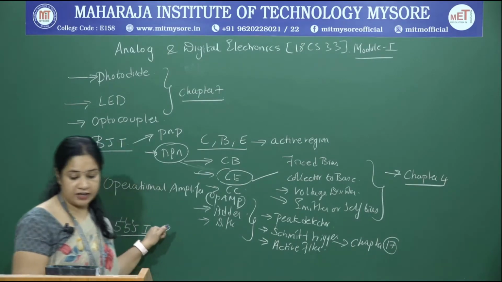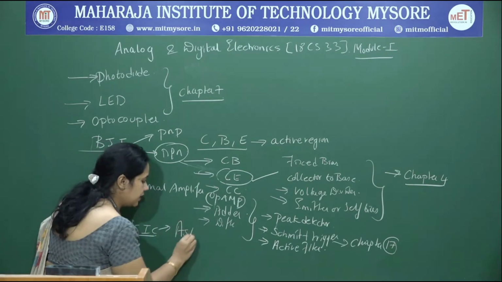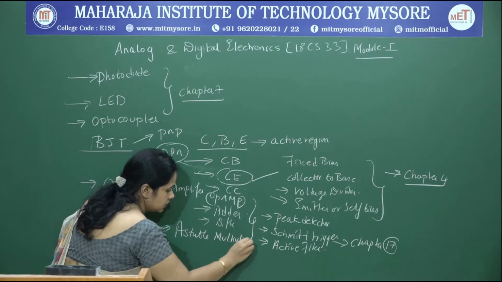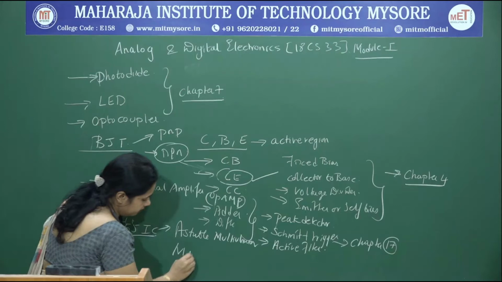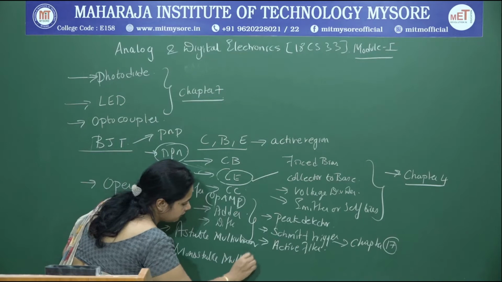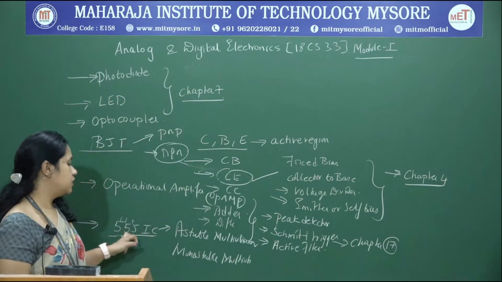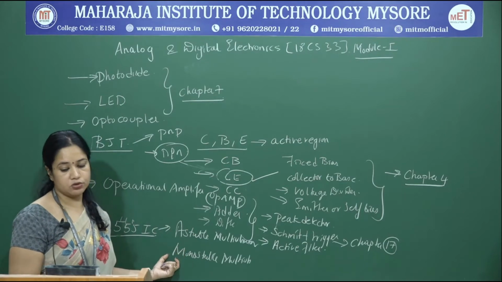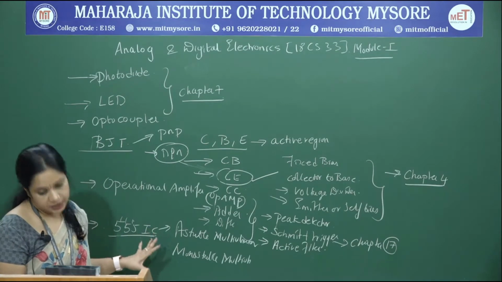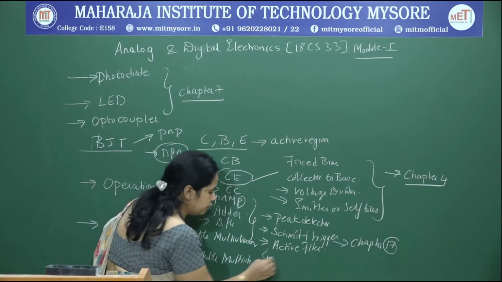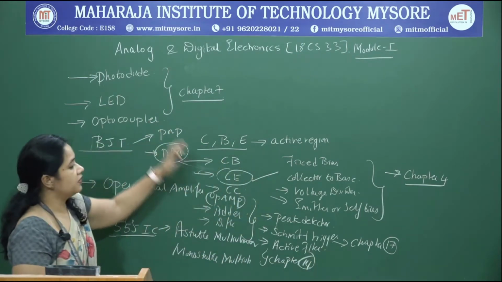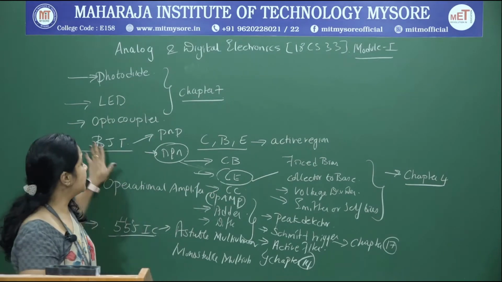So how to use the 555 timer to realize an astable multivibrator and a monostable multivibrator. We will see what is inside a 555 timer, why we call it a 555 timer, and how to rig up a 555 timer as an astable multivibrator and a monostable multivibrator. We will look in detail, and these topics have been picked up from chapter 13 of your prescribed textbook. So basically, if you are referring to your textbook, you have topics picked up from chapters 7, 4, 17 and 14.